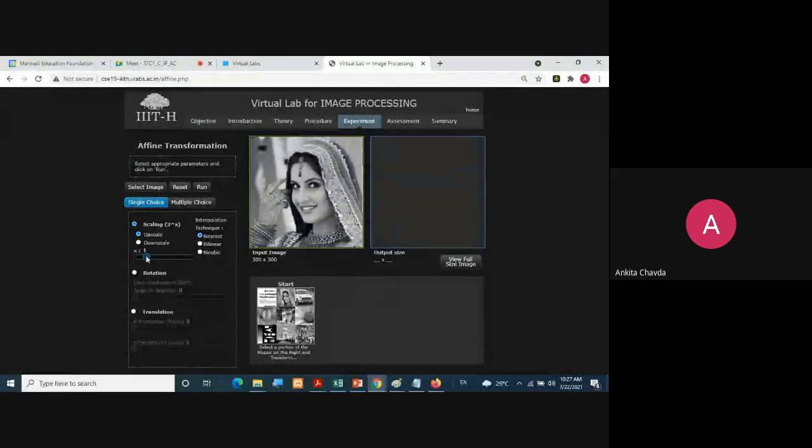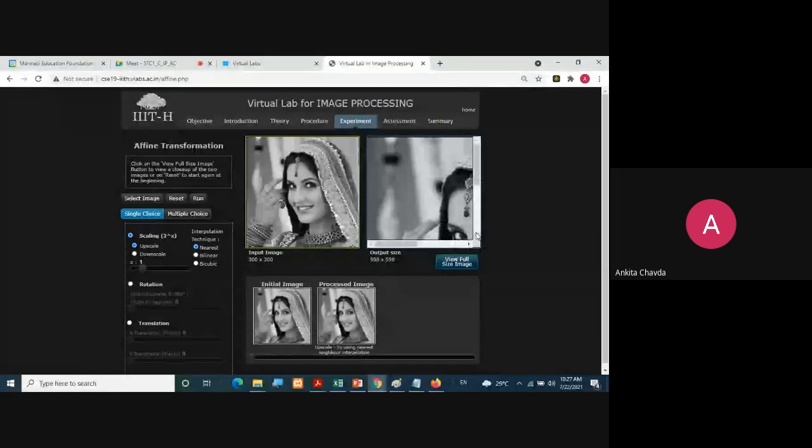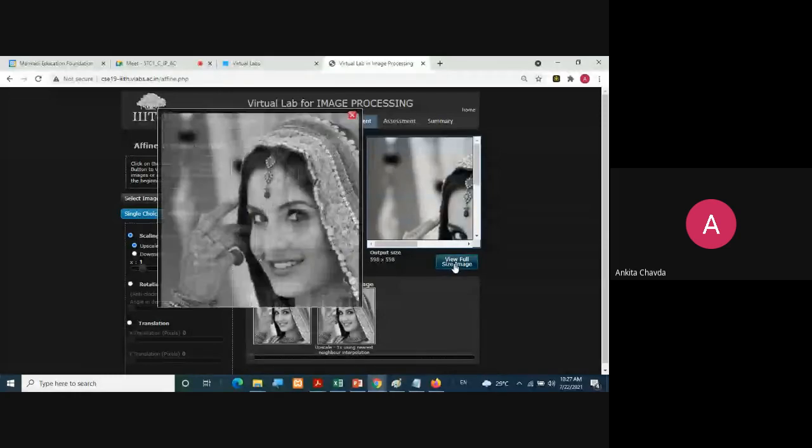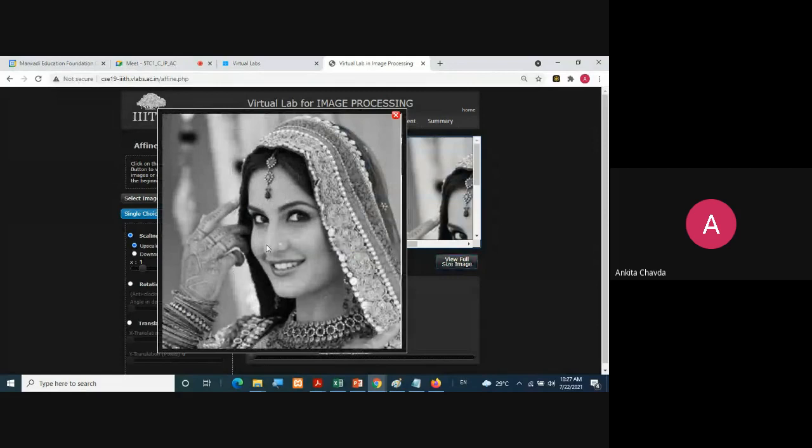So first of all, I'm selecting here 1x and I'll run this. So you can see here approximately we will have 600 cross 600 pixels. Okay. And you can check this. Fine. This is what your zoom in.